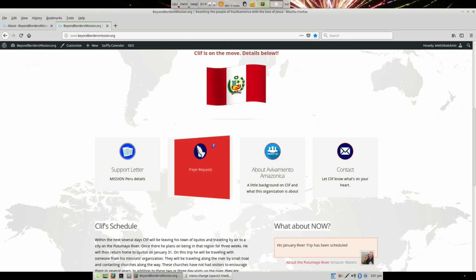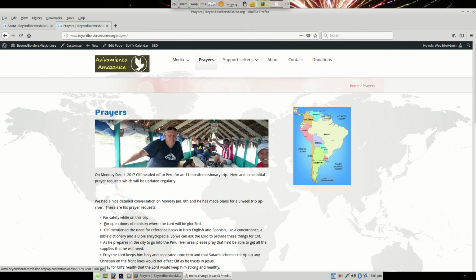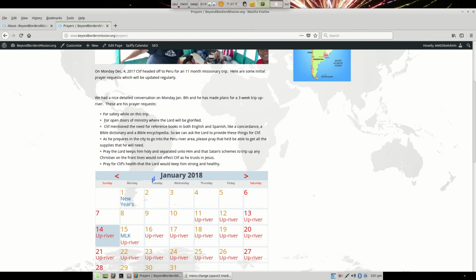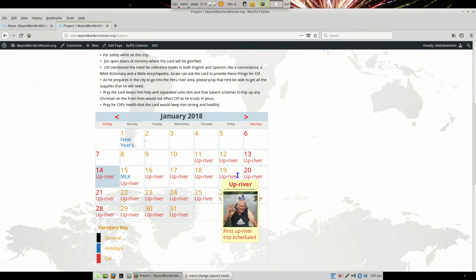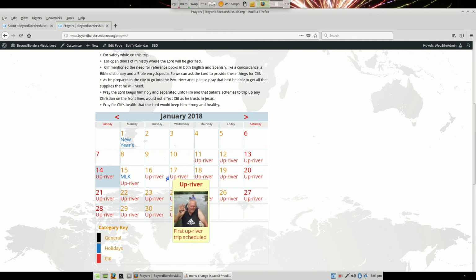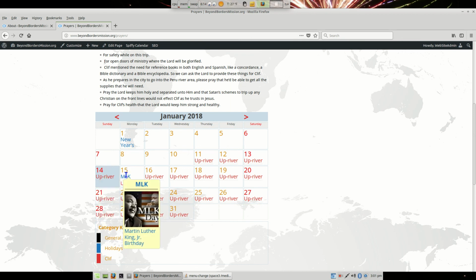So we can go to his prayer page by clicking on that, and you can see there's this calendar here, which is a plugin, and you can put little pictures in there, different pictures. So Martin Luther King Day has a picture,